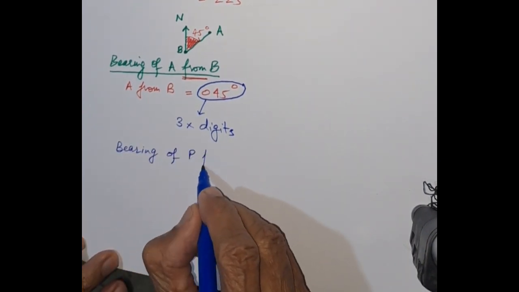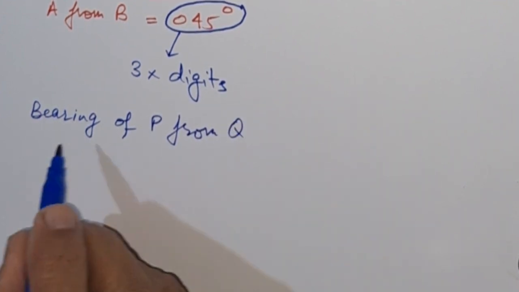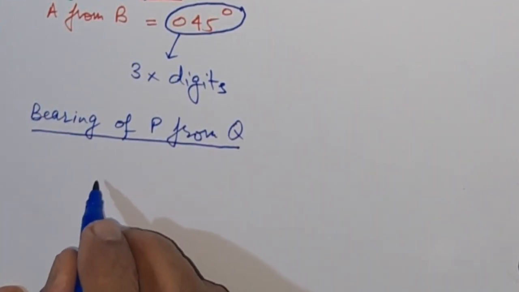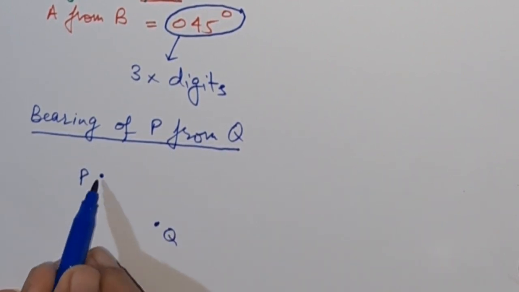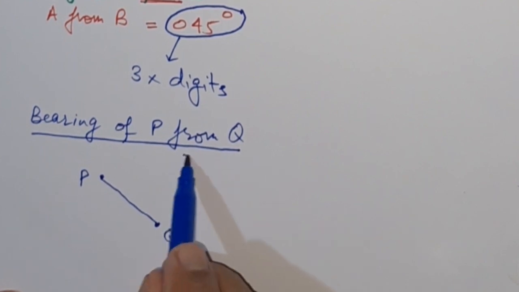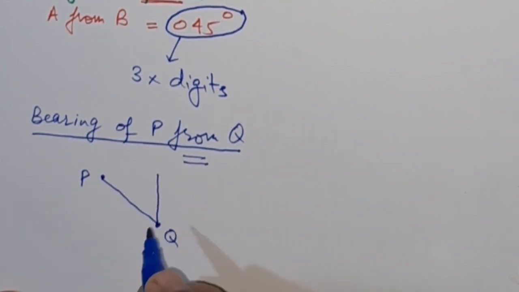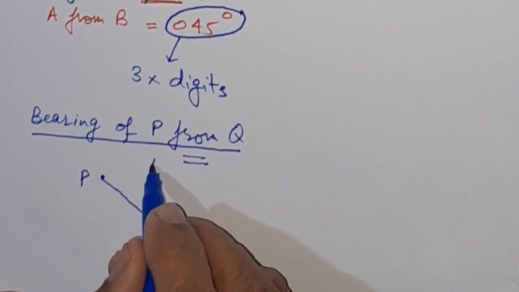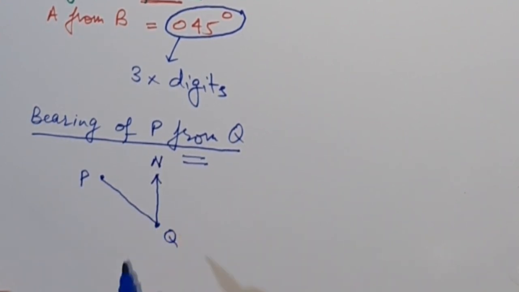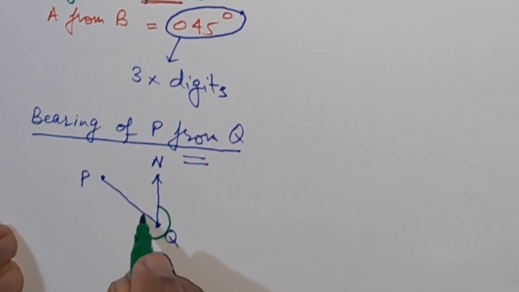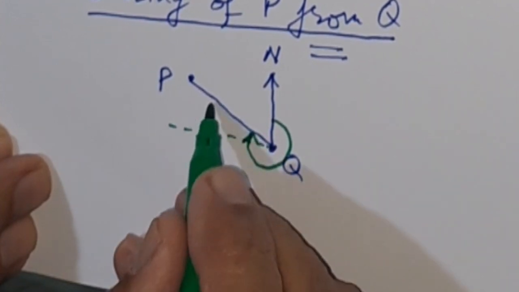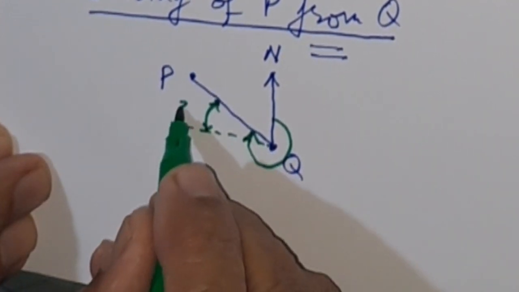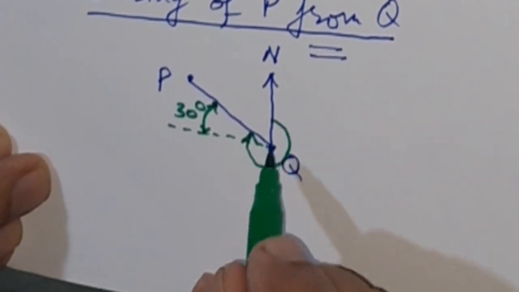If this is not AB, but PQ, let's say bearing of P from Q, and P is here and Q is here, we join them. From Q, so we draw a northern arrow at Q, write down N, and then the bearing would be this angle. And if we are given this angle as 30 degrees, the bearing will be